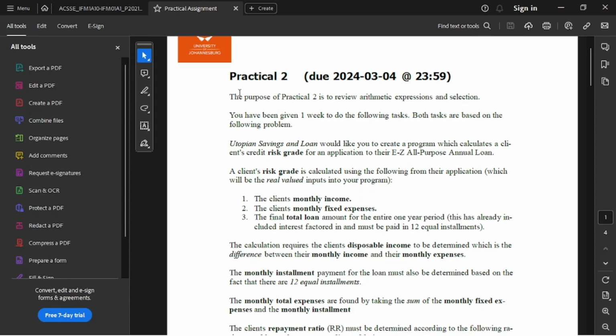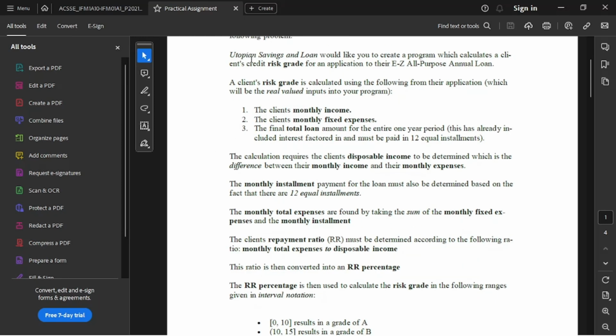The purpose of this is to review your arithmetic expressions and selection, where arithmetic will be your additions, adding of money and all those things. So this is within your capabilities. Maybe this part might not be, because it's the coding part actually. Selection, that's what you're going to be using if statements for. And since we have been given 1 week, obviously, which is for the following, the scenario says